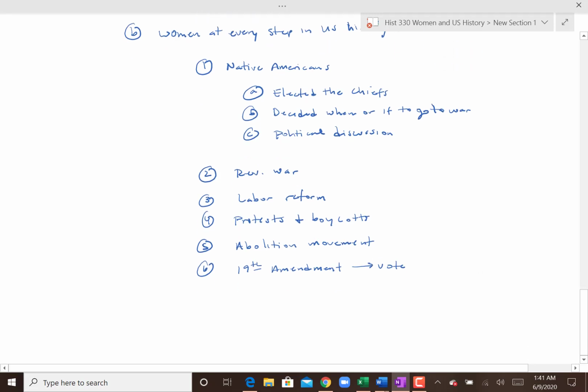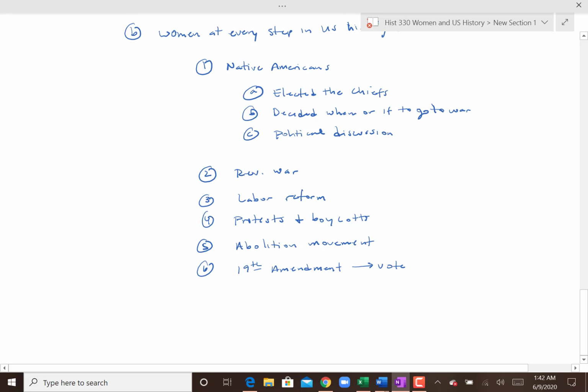But even before they get the 19th Amendment and the right to vote, which then leads to more avenues of officially being involved in politics, women were involved in politics. And we're going to look at that and how and what they did. I think that's one of the fun things about teaching this class, is that a lot of people just don't realize how much women were in every facet of U.S. history and the creation of U.S. history, how much they did in the Revolutionary War, and how much they were involved in the politics, because politics